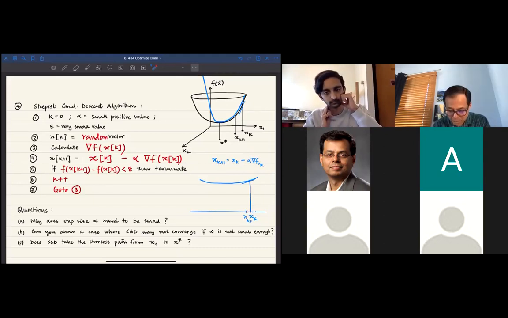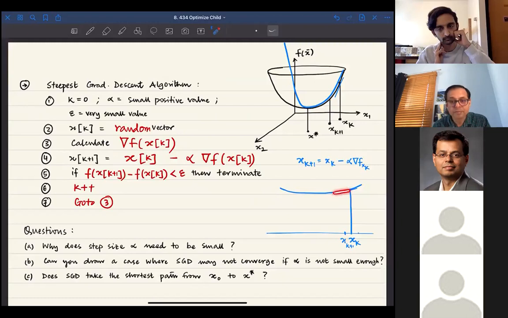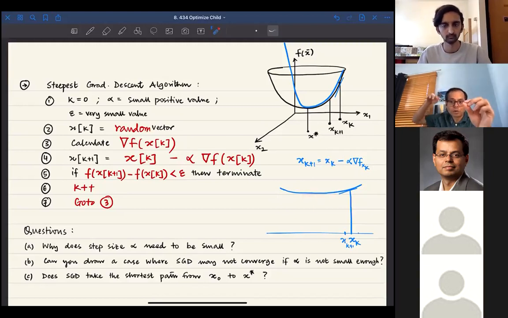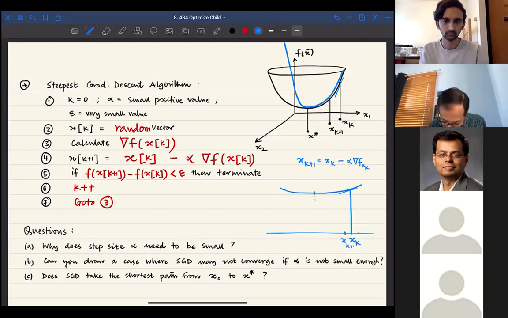Now at xk plus 1, the gradient becomes even smaller, because the gradient is going towards 0. At the minima, this point, the gradient will be 0, because it's a flat line at that minima. So as you go towards it, the gradient at xk is getting smaller and smaller and closer to 0. So the way you're going to advance towards that minimum x star, let's say this is the minimum,